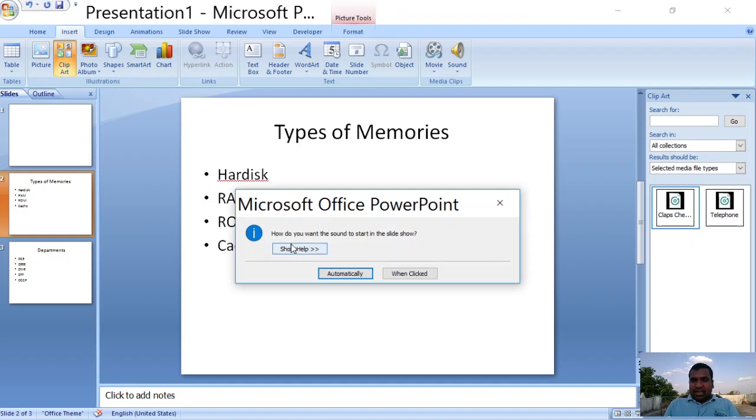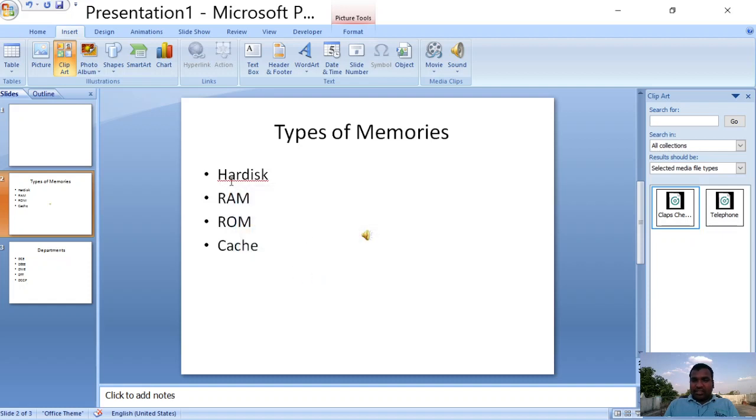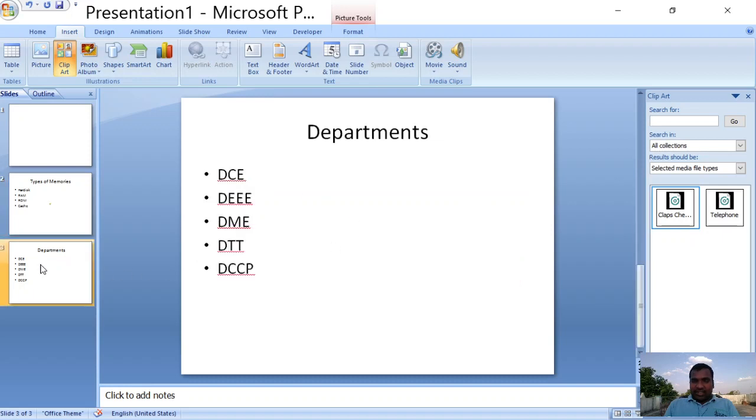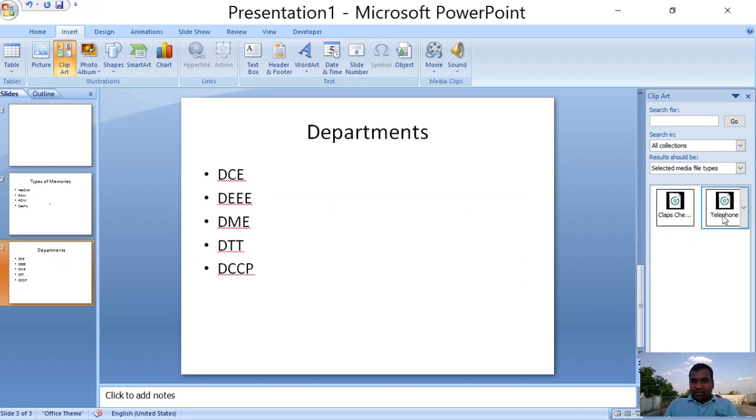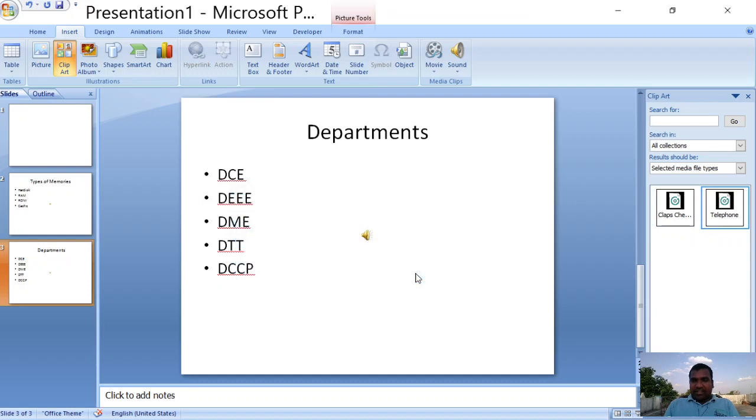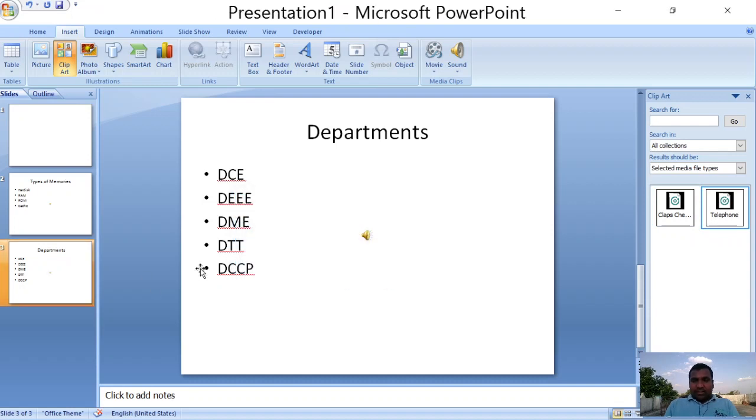After selecting this one, it asks how you want the sound to start in the slideshow. Automatically. So in the first slide I choose automatically. In the second slide I am choosing telephone, and the when clicked option I have chosen. Then I am starting the presentation.